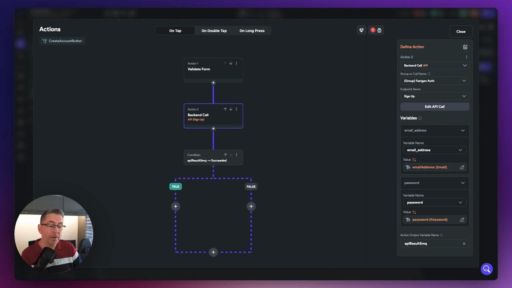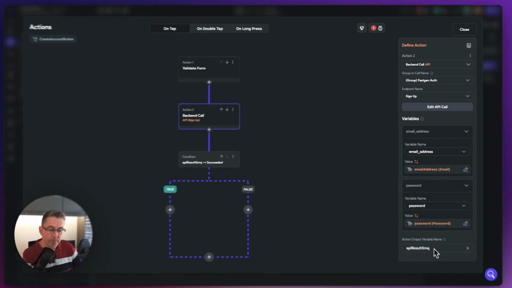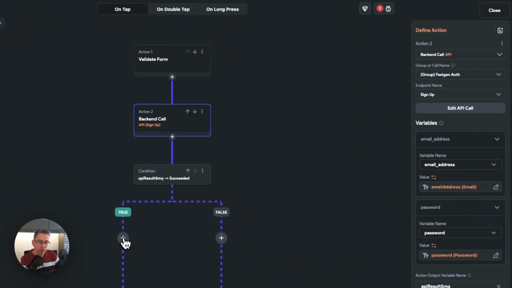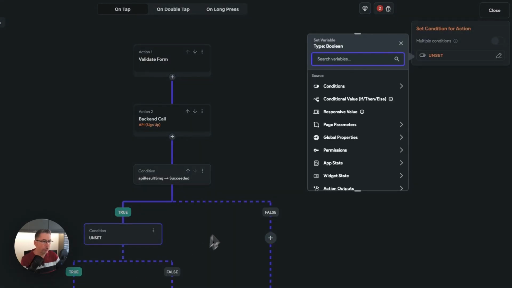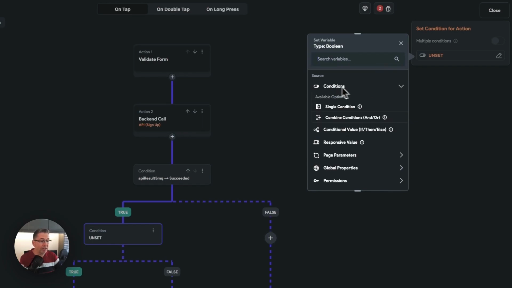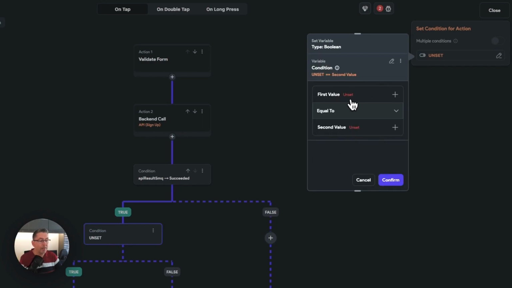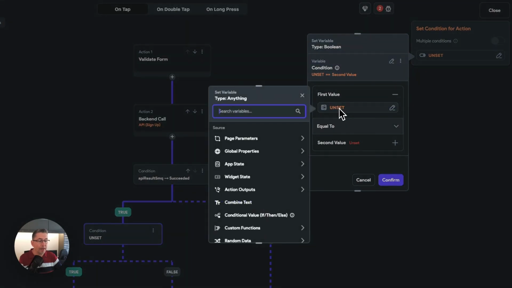If there's a problem, then maybe just show a little snack bar message within our application to say back to the user that something is not quite right. So over on the little plus here, choose plus and choose add a conditional. Up in this actual condition section, choose a single condition, and then for the first value, just select that, and we're going to want to hook onto the output that comes back from the API